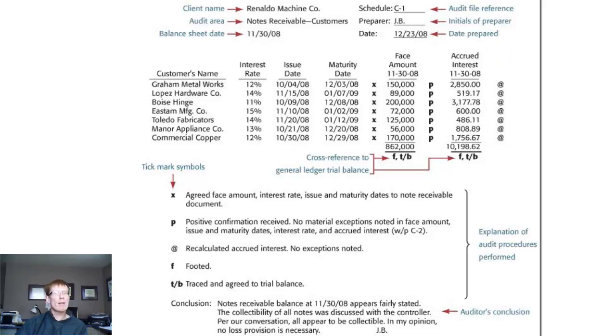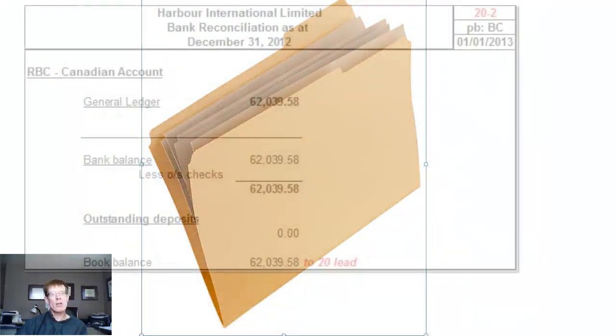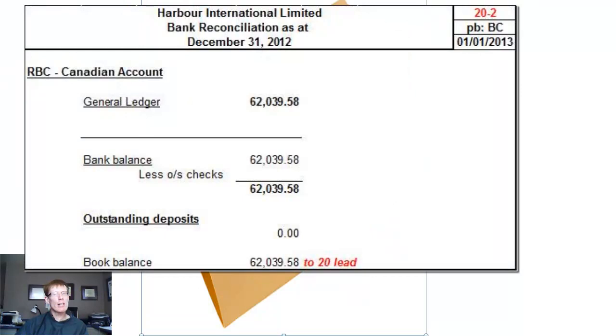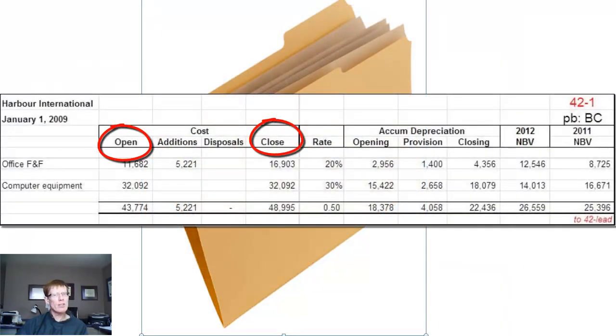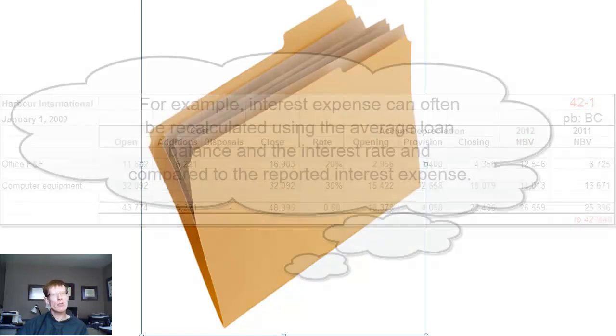So the types of working papers that are often found in the current file include a detailed listing of what makes up a balance, such as an inventory listing or cash receivable, reconciliations, which agree the balance of the general ledger to the supporting evidence, for example, a bank reconciliation, continuity schedules that tie together the opening and closing balances, such as a detailed fixed asset schedule, which tracks the opening cost plus additions, less disposals to arrive at the ending cost, tests of reasonableness,